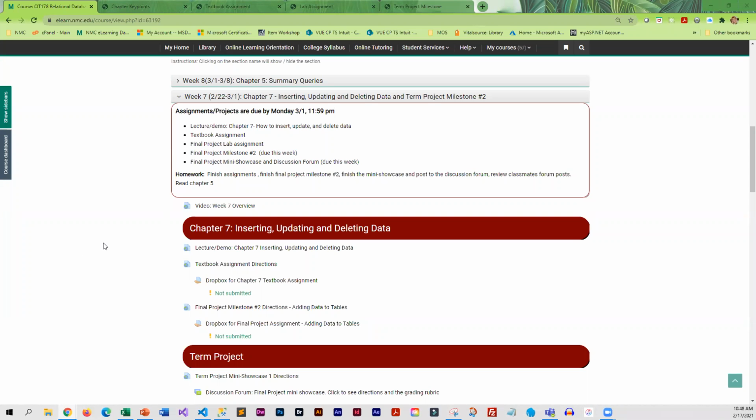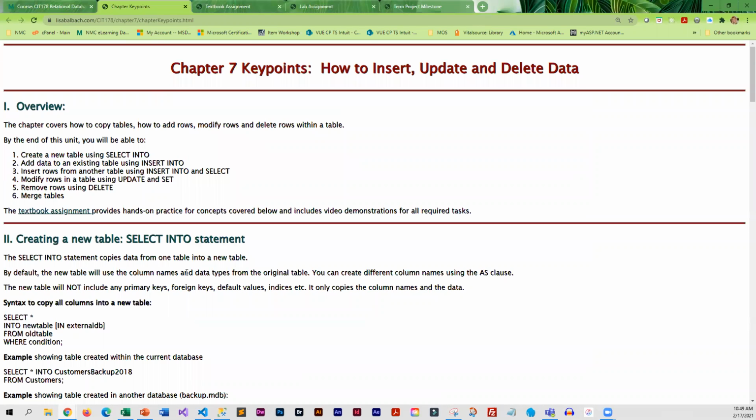So far, we have designed a database and we have created our tables and established our primary and foreign keys. And this week, you are going to learn how to insert rows, delete rows, and update columns within rows. So you do need to read chapter 7 in the book, and you're going to want to work through the lecture demo. And as always, there are interactive exercises for you to practice, and it does cover all